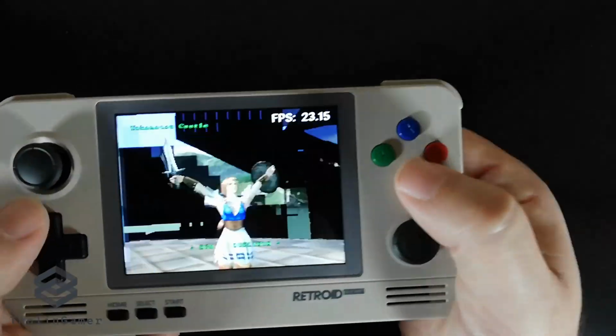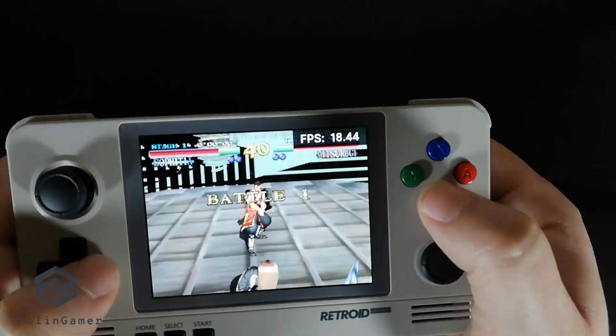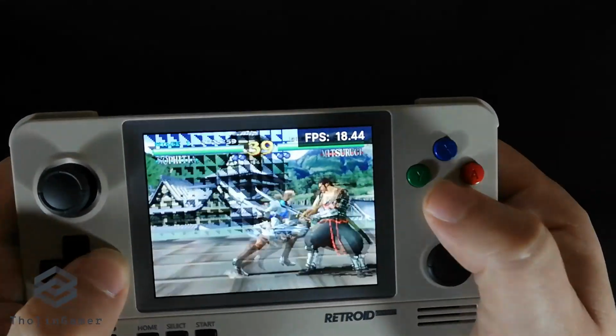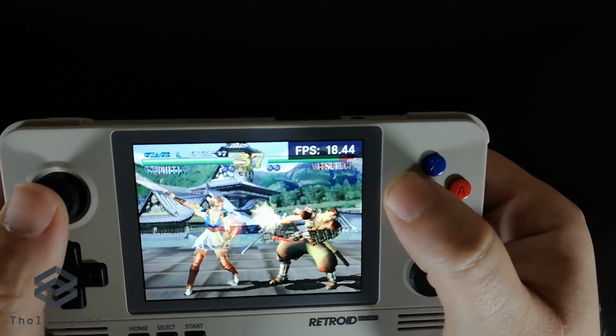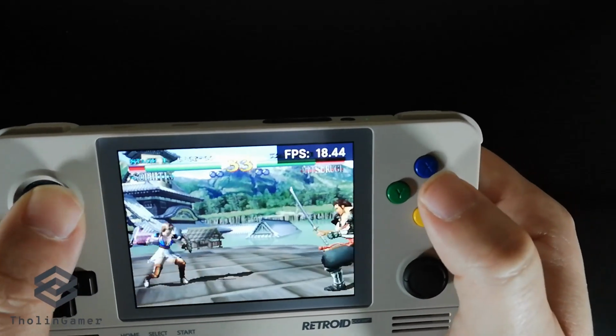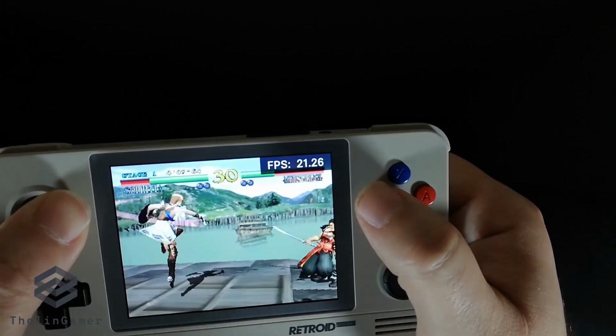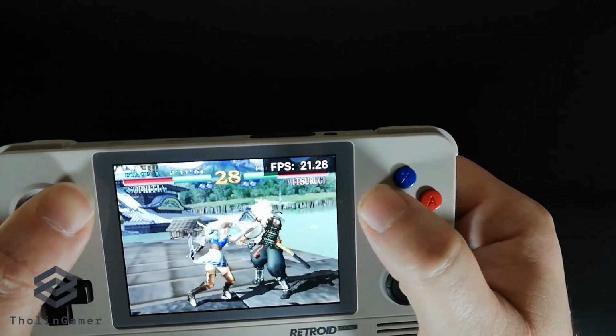But what is also important about this fighting game is that the characters use weapons. There are not a lot of fighting games with weapons. One of them is Soul Calibur, another famous series is Samurai Showdown from SNK. But here, as you can see, it has flickering in the background. It's not unplayable.